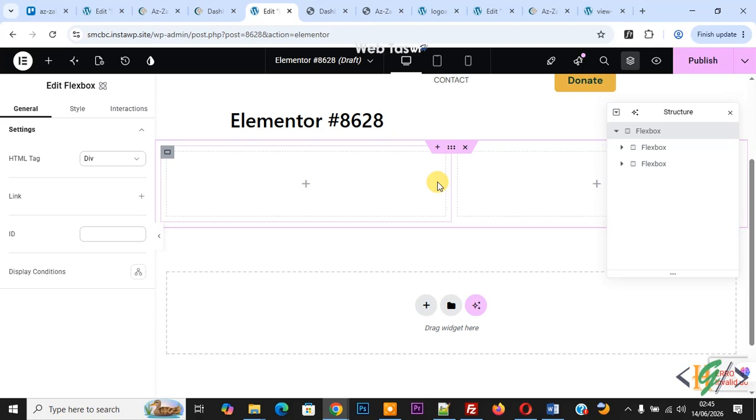Bismillahirrahmanirrahim. Assalamu alaikum. My name is Hassan and today we are going to switch back to the old classic Elementor layout